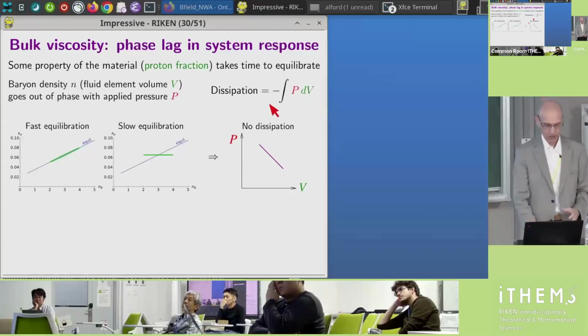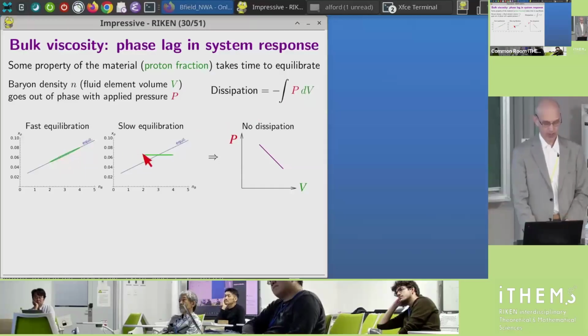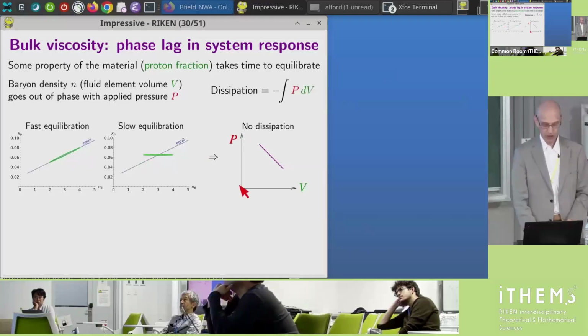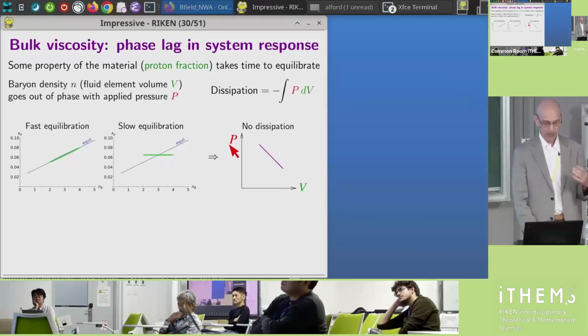So let's just see this in more concrete terms here. So we talked about the fast equilibration limit here, where the fluid element is always going back and forth along the equilibrium line. We talked about the slow equilibration limit, where the fluid element is going back and forth with a constant proton fraction. In both these cases, if you know the density, then you can tell me the proton fraction. It's going back and forth along a line. So if you ask what this fluid element is doing in pressure-volume space here, it's just going back and forth along a line. The pressure is a function, remember, of the density and the proton fraction. But if the proton fraction is just a function of the density, then